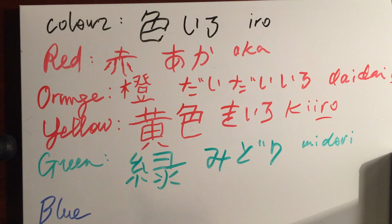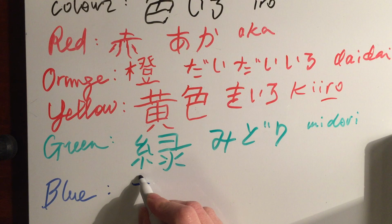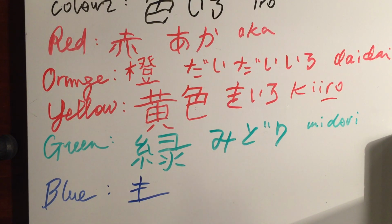Blue. This one's easy because it's literally two letters. Okay, so it's the kanji, the radical for life. Ooh, that